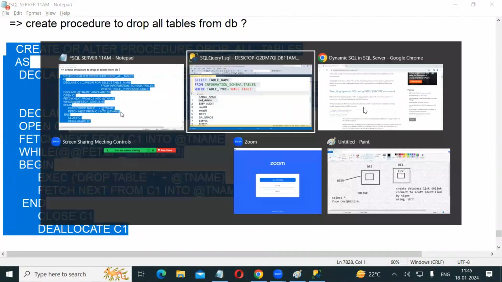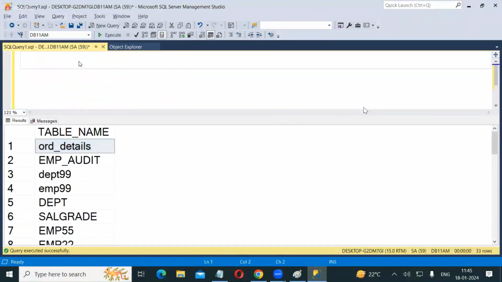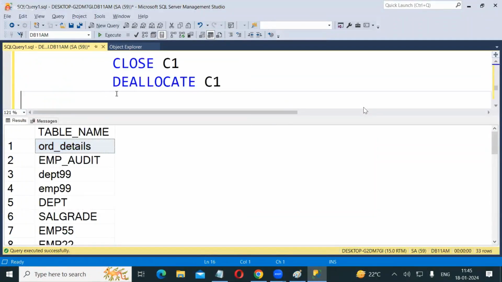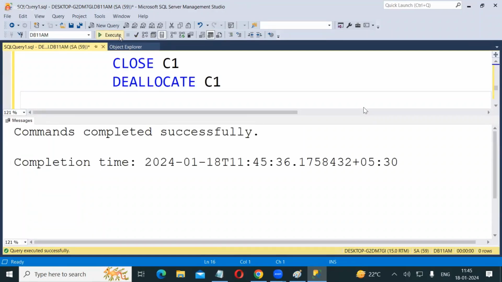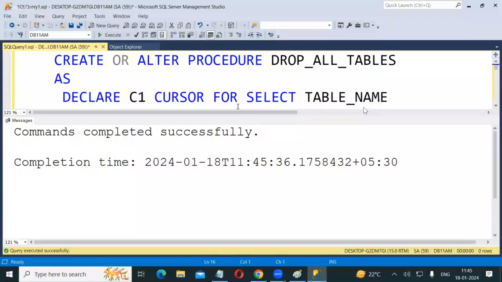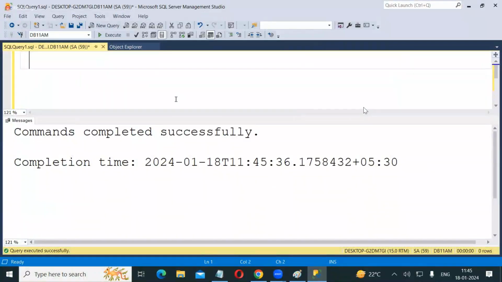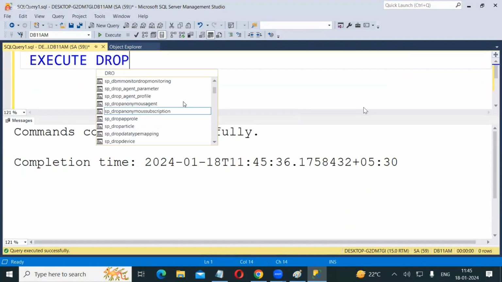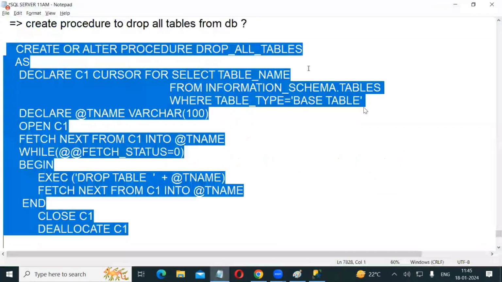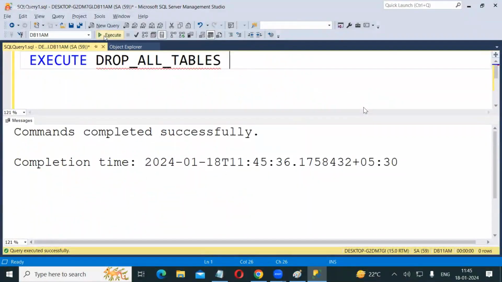Okay, then commands completed successfully. The procedure is created. After creating the procedure, execute the procedure. Execute procedure name. What is the procedure name? Drop_all_tables. So execute this procedure. When this procedure is executed, one by one the table names are